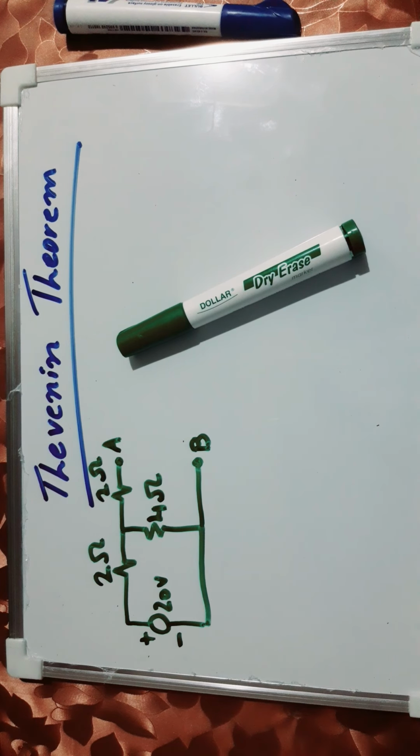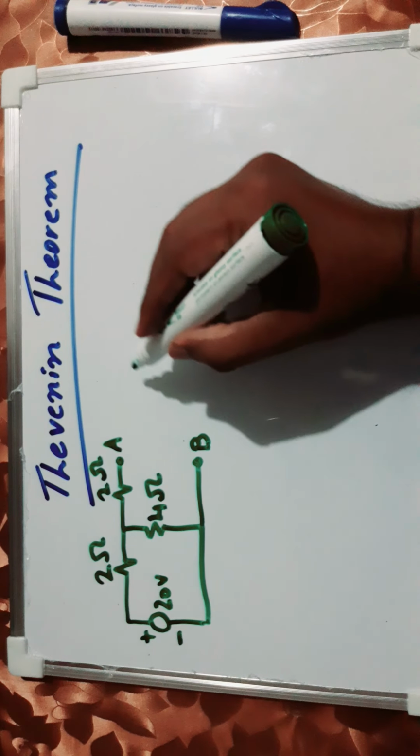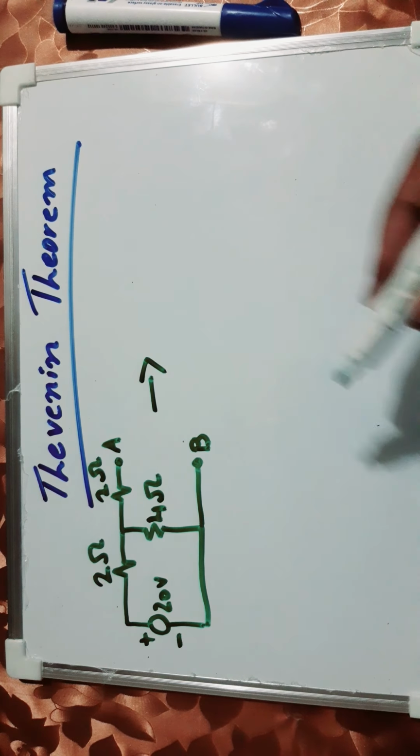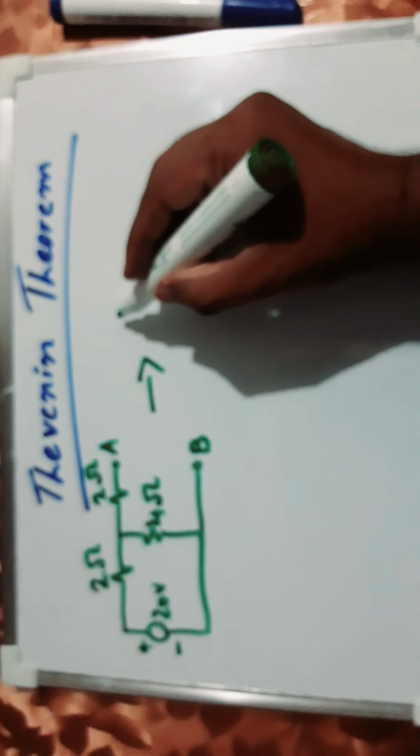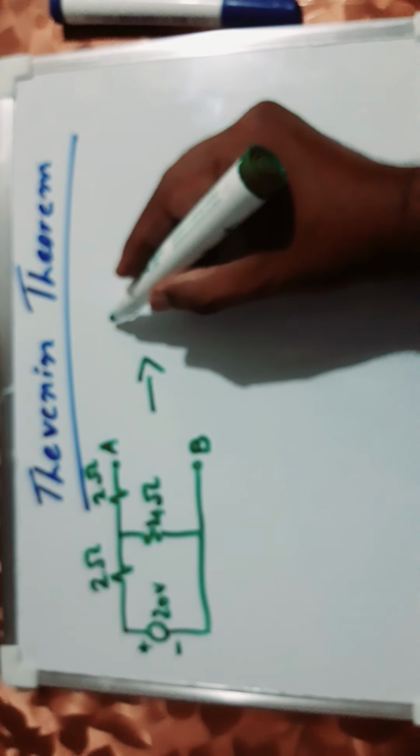So what does Thevenin theorem state? According to the Thevenin theorem, any linear circuit can be simplified in such a manner that voltage source and resistance should be in series. What does this mean? This means that, for example, if we want to simplify this circuit, what will be the simplified circuit according to the Thevenin theorem? The simplified circuit will be